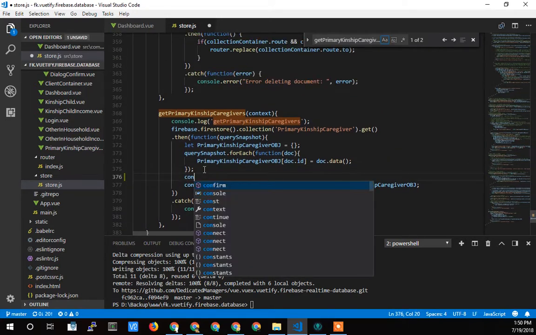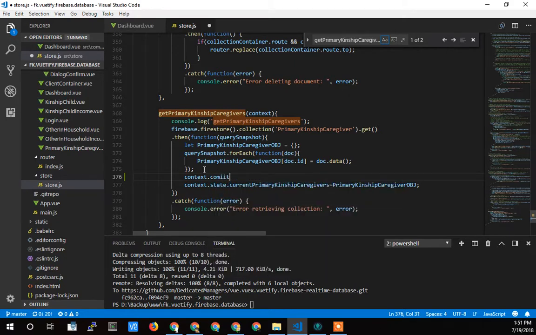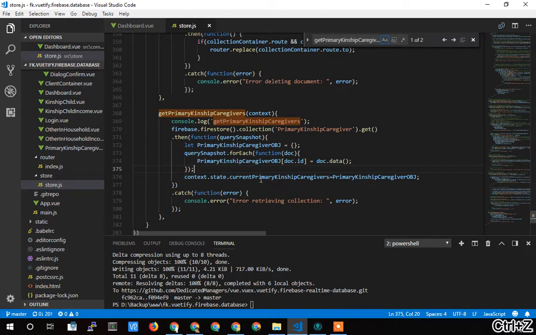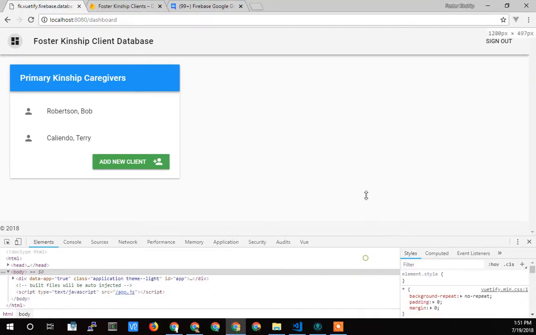context.commit. So it should be context.commit. And then I should have a function that I pass this variable to that then goes ahead and sets this. I'm just going to back that out. But I'm doing it here, and the reason I've talked about in the past, you can do it here and it's going to work fine, but with your debugging tools, this Vuex component here,